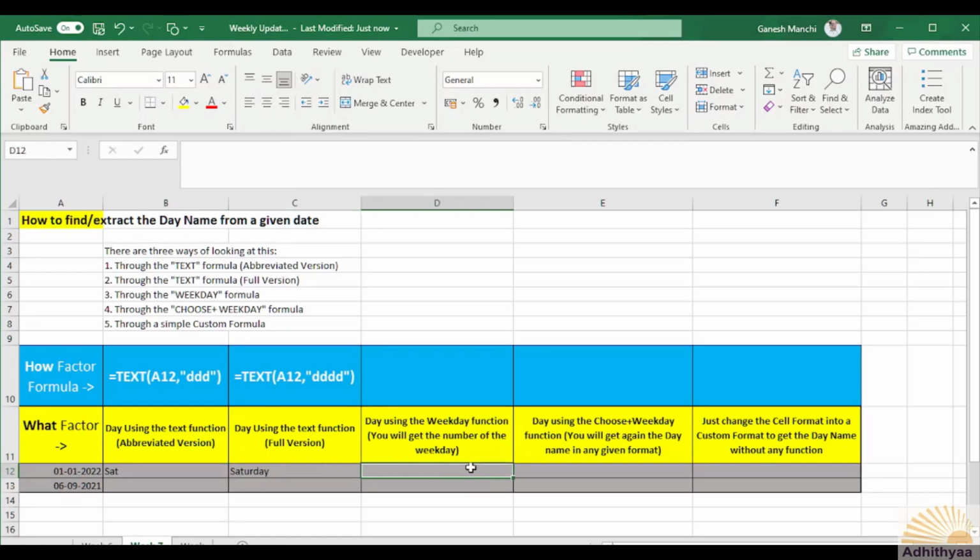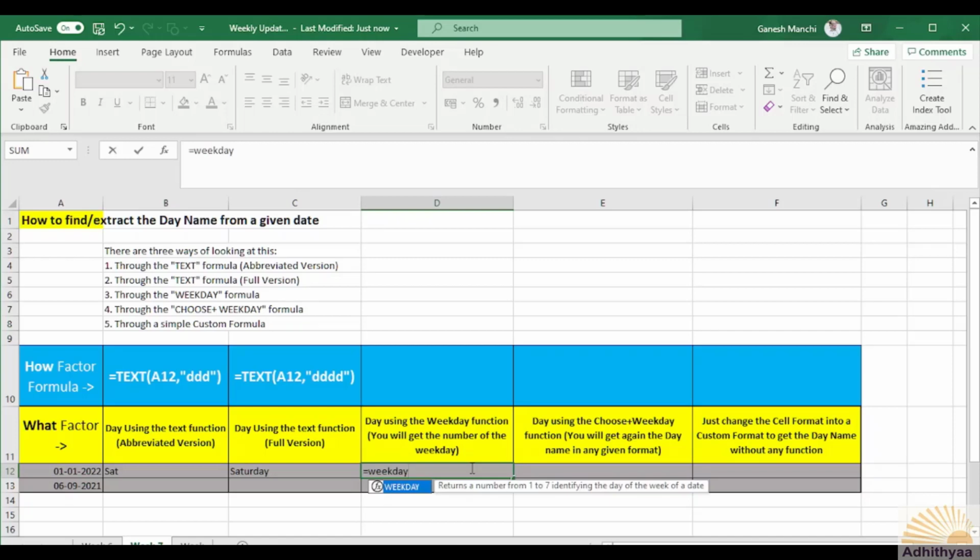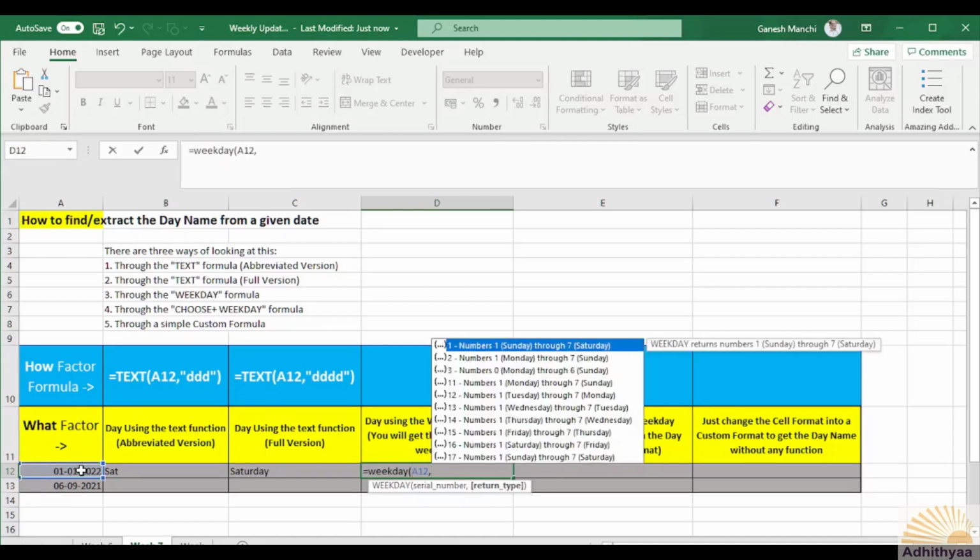Right, now you are going to see the weekday. The formula is equals to weekday open bracket. The first one is serial number, that is equivalent to the cell what you want to refer, and then press comma, and then you will see there are about 10 options of return type. Which one you want to have it as a return type? Probably I will take you through one or two. You will be able to appreciate and understand the meaning of this.